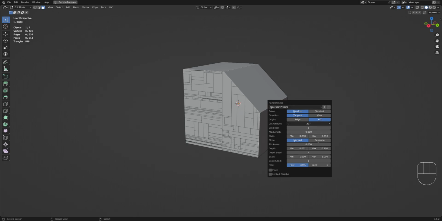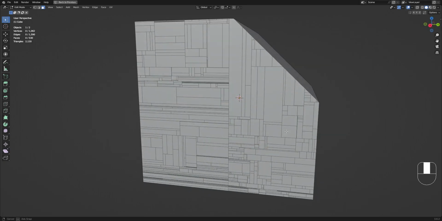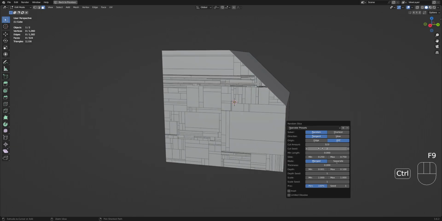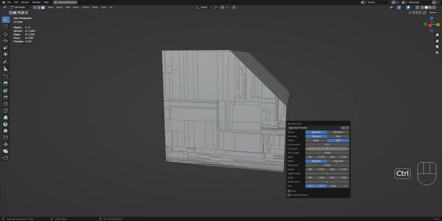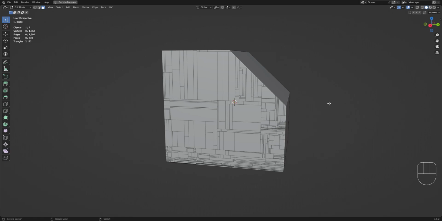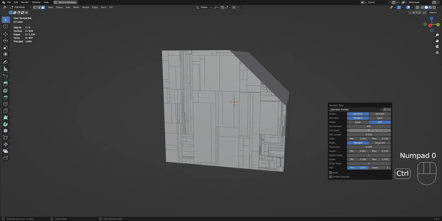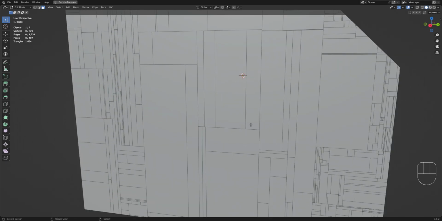Okay, cut amount, the amount of cuts that you can do, the amount of cut lines on the selected faces. And we have the seed value, which of course randomizes the pattern. So be careful with the cut amount because as you increase the number, of course, the operation will slow down. So let's go somewhere like 300 and minimum length. So 400, and okay, minimum length means